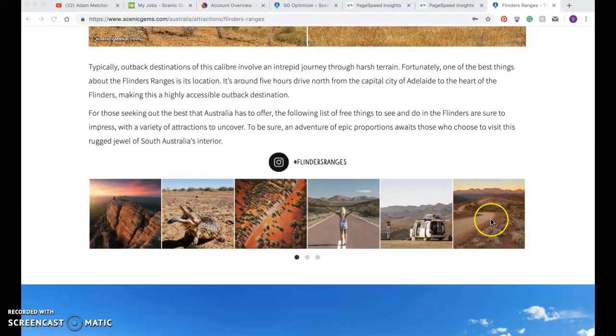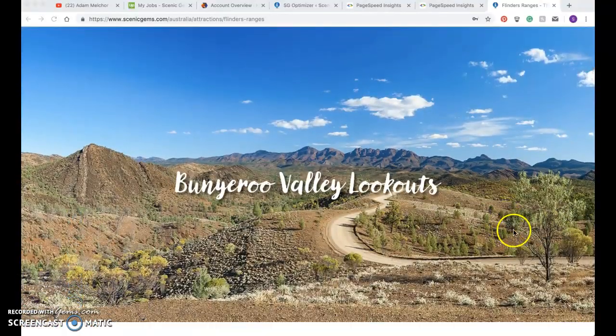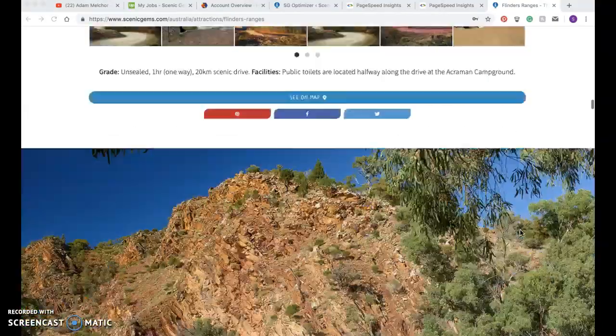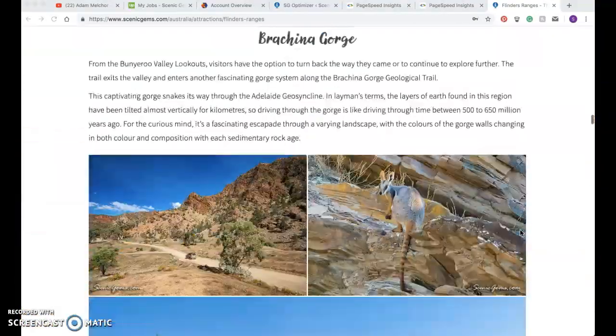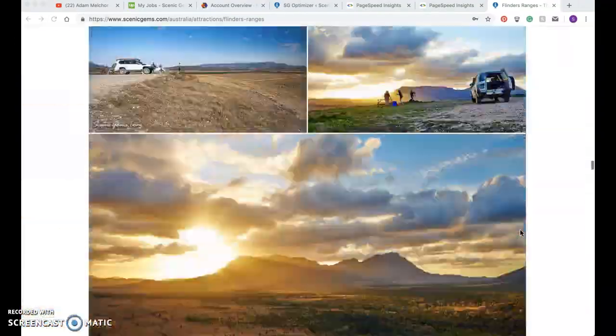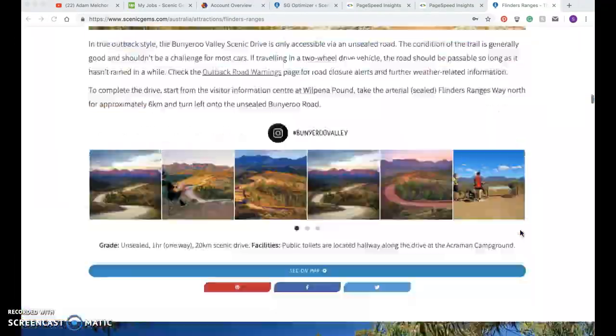This is an Instagram feed, a customized version of an Instagram feed plugin. We've made many modifications to this plugin. Back to Slider Revolution, Essential Grid, Instagram feed, Slider Revolution, Essential Grid, Instagram feed, and on it goes. So essentially there are